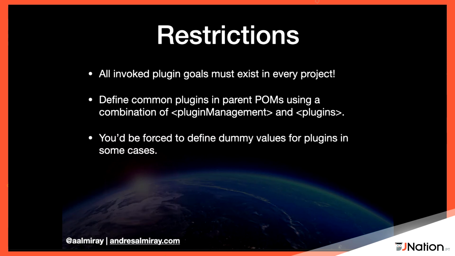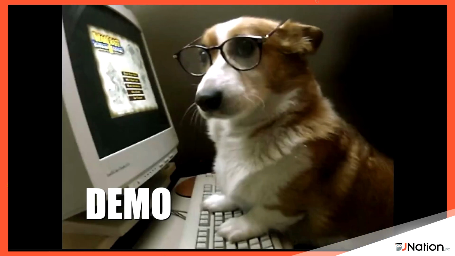So what you can do for now is define the exec Maven plugin explicitly on the parent and disable it by default. And make sure that every subproject inherits this definition, so that when you invoke it, it will simply say, oh, yes, I have it, but it's skipped, so I will do nothing. And for those projects where you definitely want that execution, then you will enable it. You will see that in some cases, you need to define some dummy values. In this case, the exec main class.